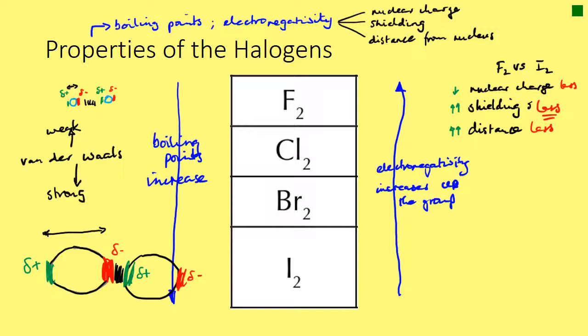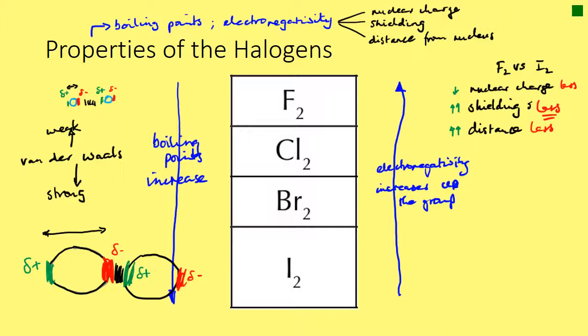So if you've got an outer electron that has 2 complete shells of electrons in between it and its nucleus, then that outer electron is going to be attracted less to the nucleus than it would be if those 2 complete shells weren't there. So those 2 complete shells are shielding that outer electron from the positive nuclear charge. So that's shielding, you remember, and the third one is distance